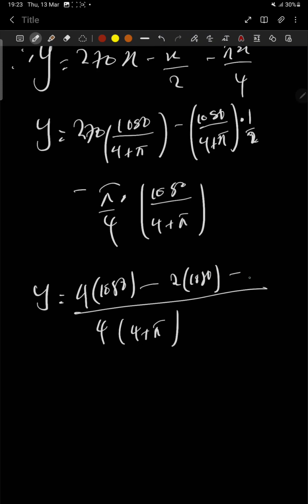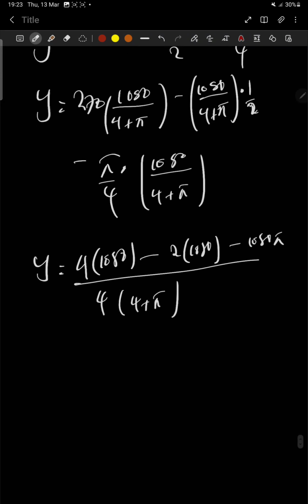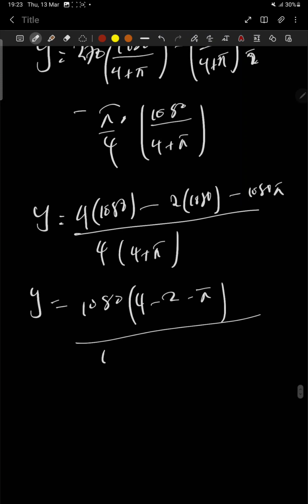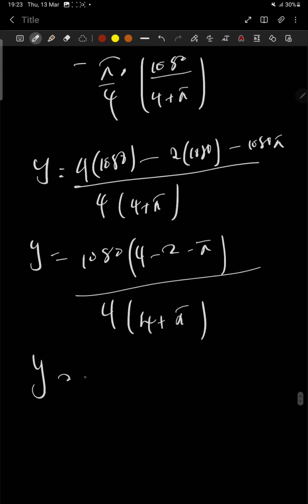Then minus pi minus 1080 pi. Okay, so y is equal to, I can factorize the 1080, so I'll remain with 4 minus 2 minus pi over 4 plus pi. So my y will be 1080 open bracket 2 minus pi